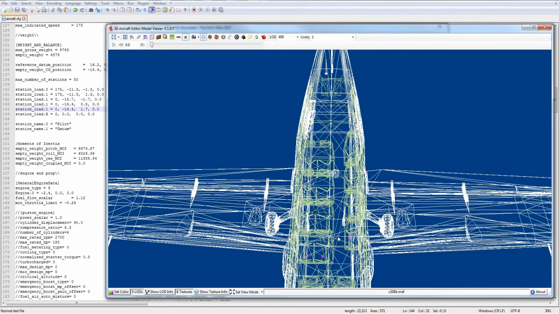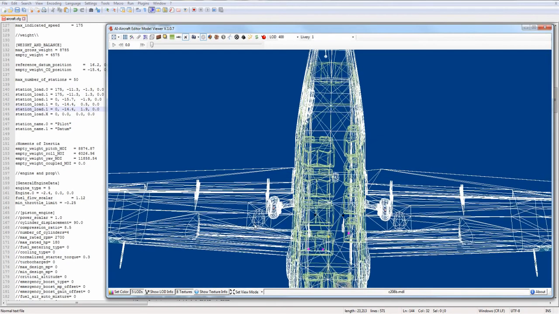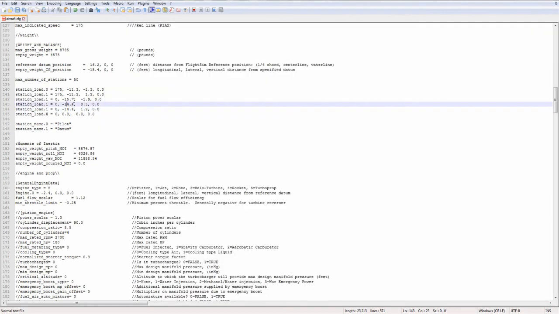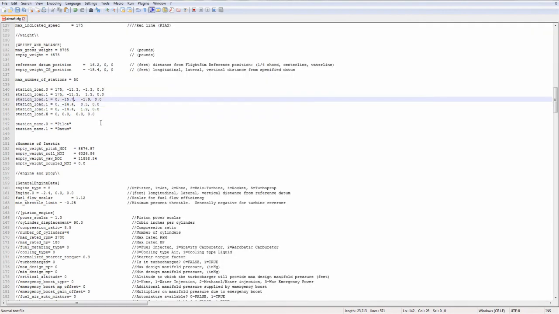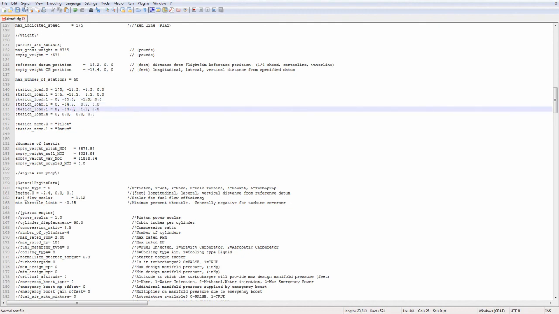Still not 100% right. So let's just go to 1.9 on both of these. And I kind of think they all need to move back a little bit still. So let's increase them by another inch or two. Let's go to 14.8, 14.5, 14.5. Save,